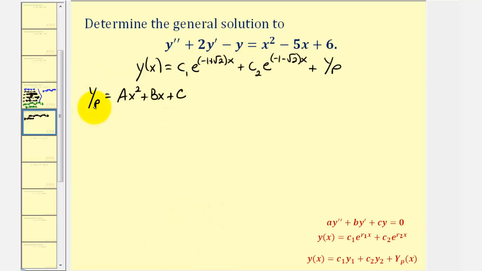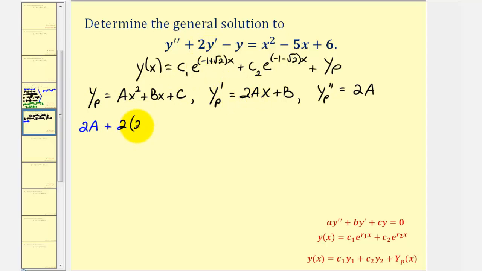So if this is big Y sub p, we'll now find the first and second derivative. So big Y sub p prime would be equal to 2ax plus b, and big Y sub p double prime would be equal to 2a. Now we'll perform substitution into the original differential equation and then solve for a, b, and c. So for y double prime, we'll have 2a plus 2 times y prime, which will be 2 times 2ax plus b, and then minus y, which will be minus this quadratic here, so minus the quantity ax squared plus bx plus c, and this must equal x squared